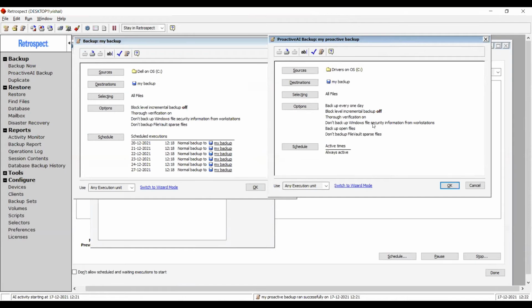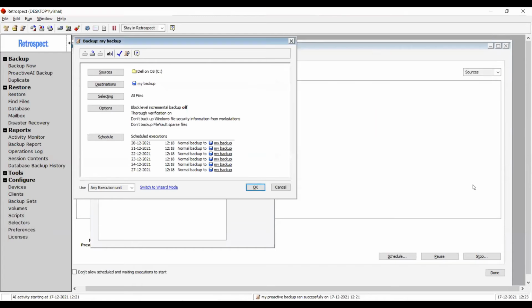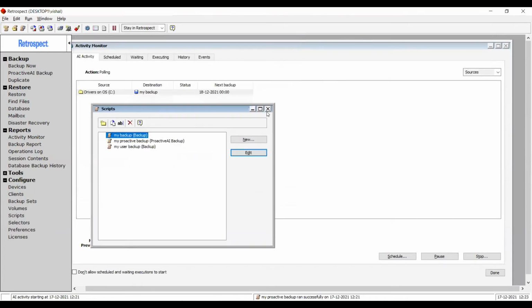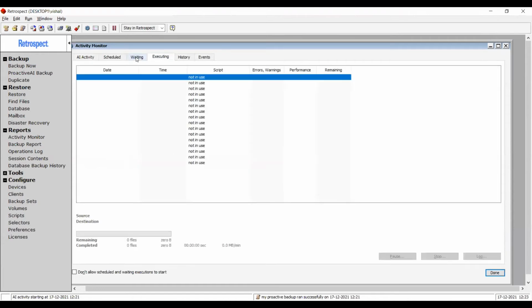That is one difference. And second is you don't need to worry about the time when the live source is going to be live on the network. It can be live on the network anytime. And if its backup is pending, then the retrosec will attempt that backup. With the managed script, you can back up servers and desktops, which are more likely to be present on the network all the time or at a specific time. This one is more suitable for laptop users who roam around the office and switch between the networks. So that may be useful there. Those were just two different ways of configuring your backup script.